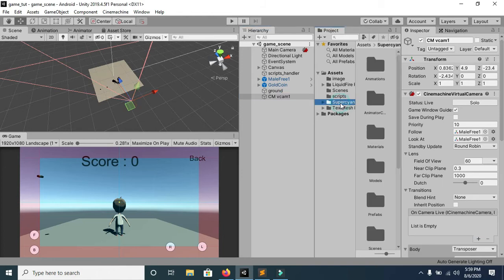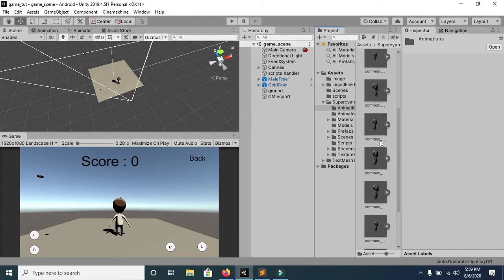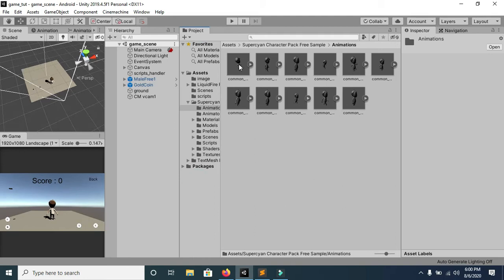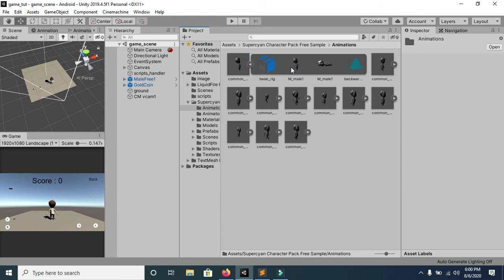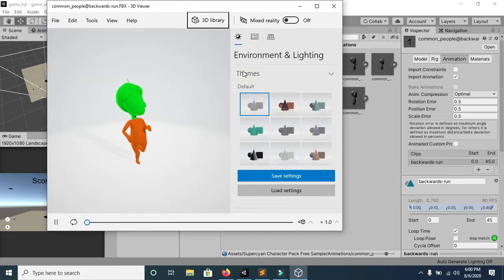Here you can see, when we imported this 3D player, we had a folder. This is the animation folder, in which all animations are already made by the creator. We have to just drag and drop these animations in the animation controller, and then we will be able to add animations to our player movement. First of all, you can see the first animation is for our player backward movement. Now you can see that this is for a backward movement of our player.